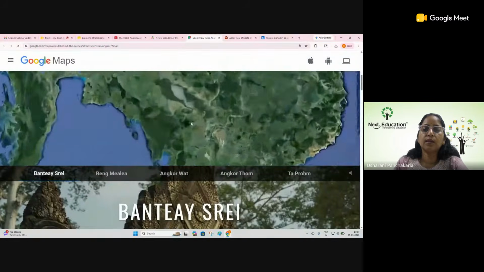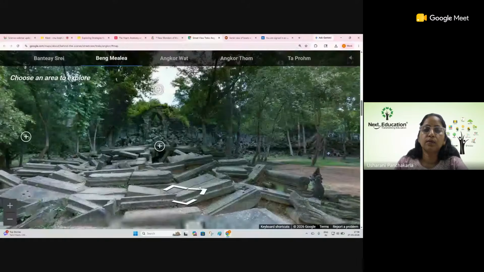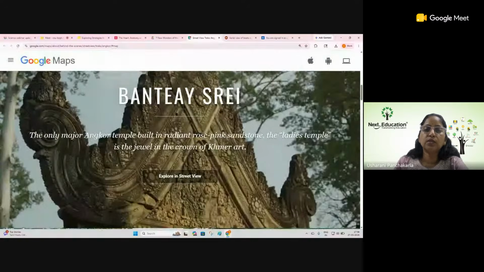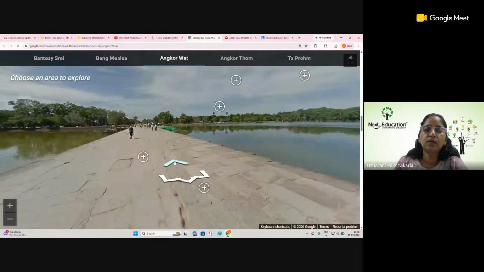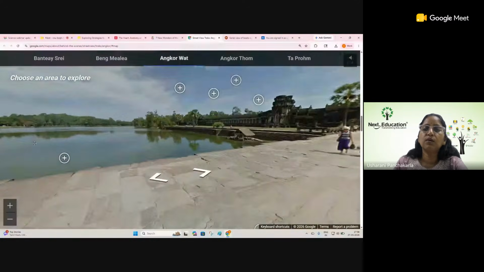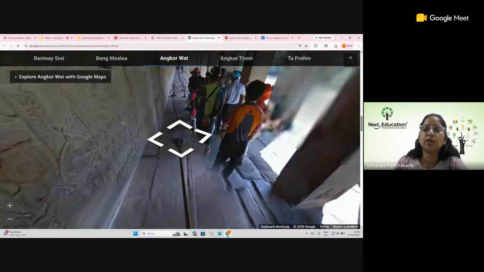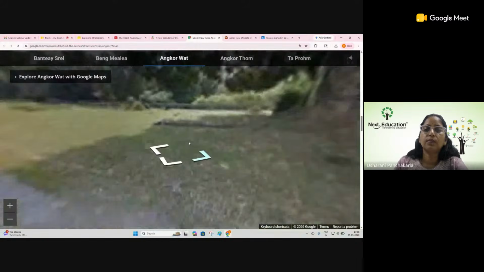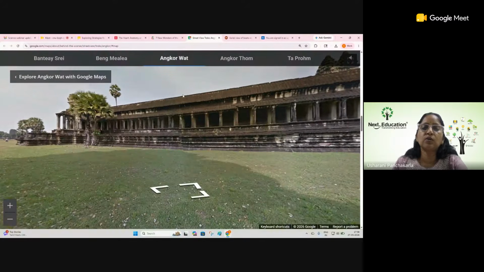All right. And as I showed here, this is one more street view which you can explore of any heritage place. You just need to click on the forward arrow and the backward arrow, so you would be moving towards that. If you want to rotate, you can rotate it. And if you want to go to any particular place, click on this, so you would be traveling to that particular place this way. Right. So any heritage centers that you can ask the student to explore can be given as a flipped classroom even.